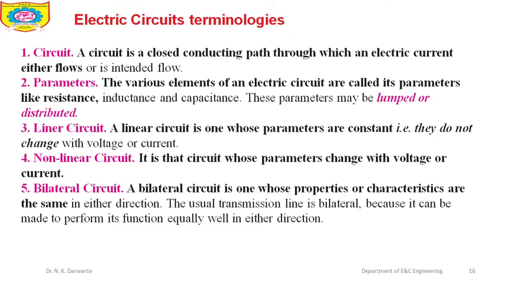As well as, they are also unintentionally available. If we are using wires, then every wire has resistance. Even if we are using certain kinds of sources, that may be a voltage source or current source, every source has certain resistance. Even they offer some inductance and capacitance, but as they are negligible, we may neglect them while doing the analysis of the circuit. These parameters may be lumped or distributed. Lumped means if they are available at one point, if they are gathered at some particular location, then they are called lumped.